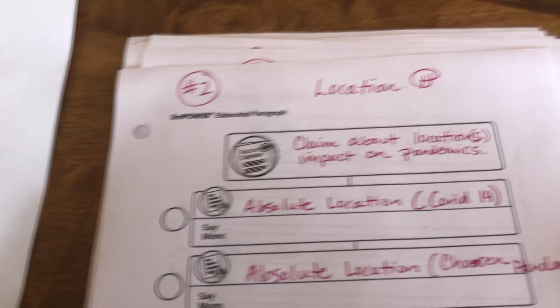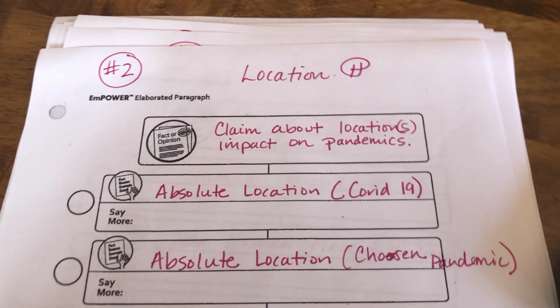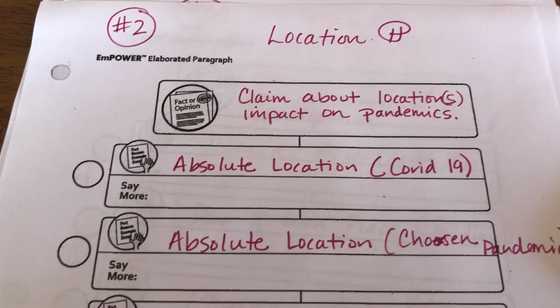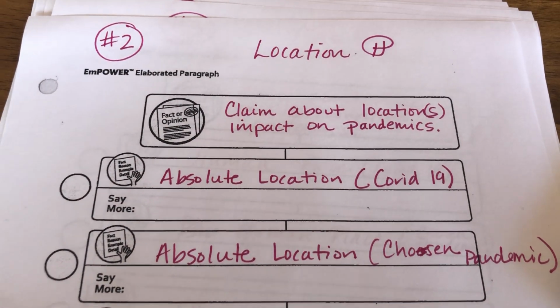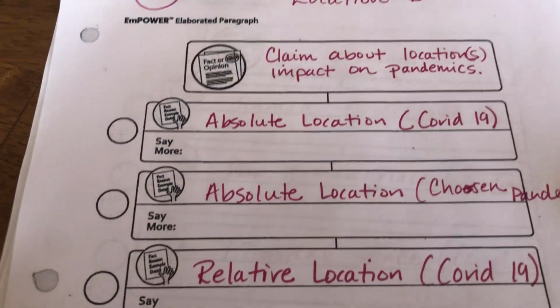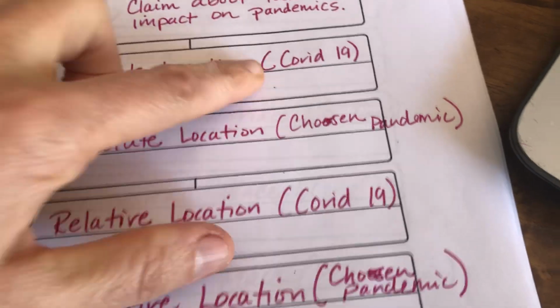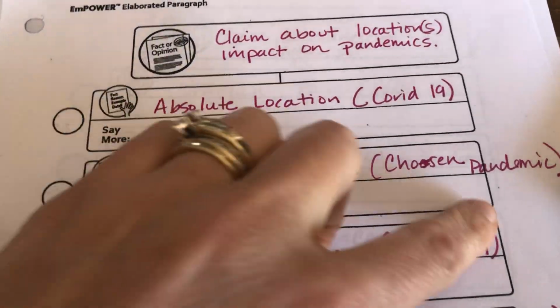So this would be my paragraph number 2, and this would be my location paragraph. I'm starting with a mini claim about the location's impact on your pandemics that you've chosen. So then again, you are breaking it down to absolute location of COVID-19, absolute location of your chosen pandemic. And remember, your say mores must include